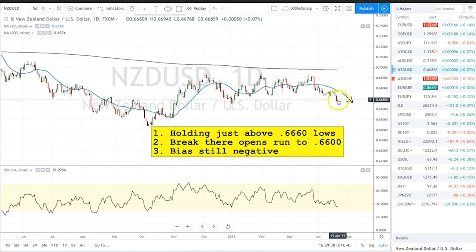We're pulling away from the moving average. There's a lot of deceleration. This is a very similar chart to cable. The technicals are communicating to us the momentum is to the downside, and this is not a time to buy the falling knife on the Kiwi. So that's kind of how the market shapes up.